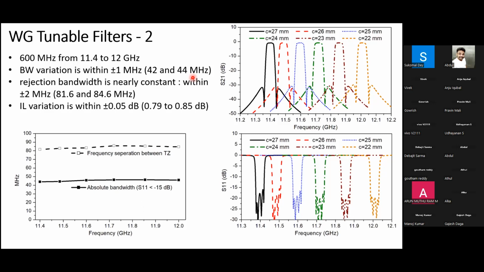So a single layer will behave like a single order filter. A 2-layer FSS will behave like a second order filter, and a 3-layer FSS will behave like a third order filter. But then how to include the transmission zeros, that is quite interesting work, and there is a lot of research open in that area also. Honestly I have not worked on FSS, but I will take it up as a research area, and surely I will try to contact you in case I find any solution for the same. Thank you, Alka, for that question.